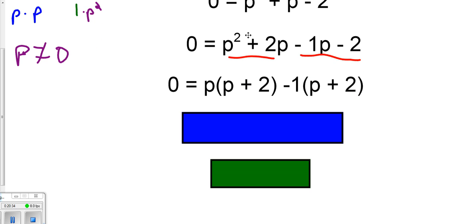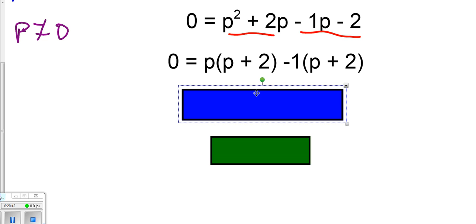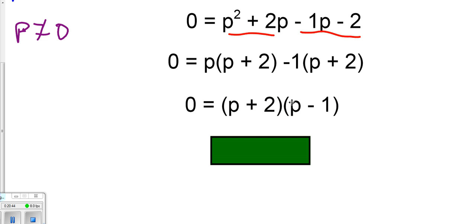We can take a p out of these two, and it leaves p plus 2. We can take negative 1 out of these two, and it leaves p plus 2. So our factors are going to be p plus 2 and p minus 1. If 0 equals p plus 2, I'm going to underline that one in red, and p minus 1, I'll underline